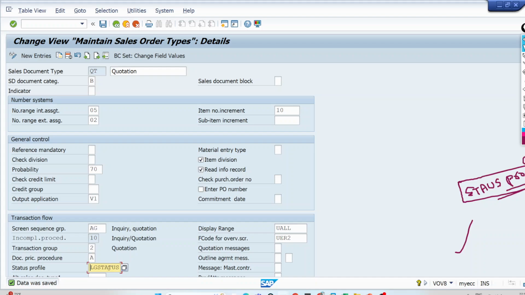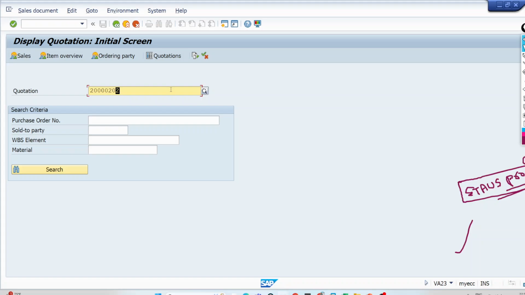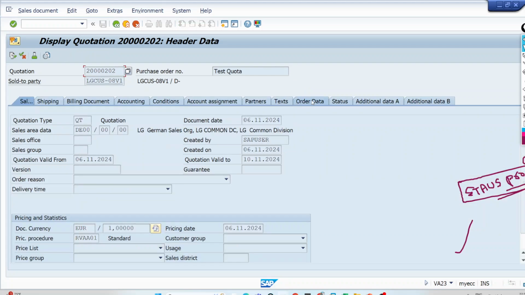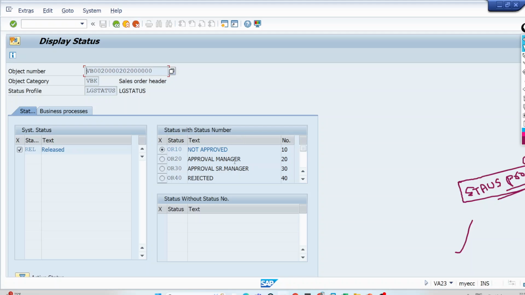What this status profile does is, whenever you create any quotation, it will go through a certain approval matrix. I have already created certain examples so that I don't waste time in the class. If you go to the header and then to object status, you can see this; we have already tested it when we were discussing our document controls. So your status profile is nothing but your approval matrix. In the same way,